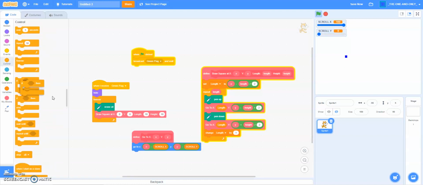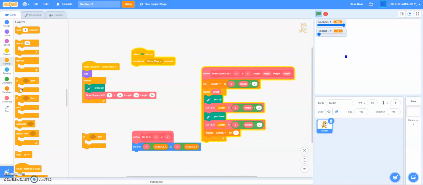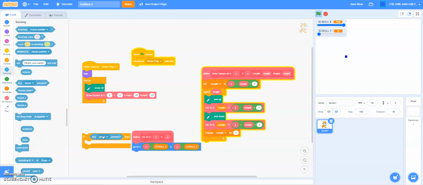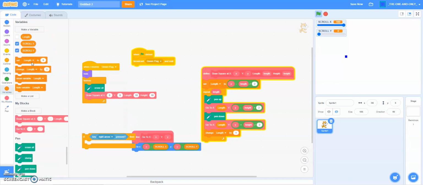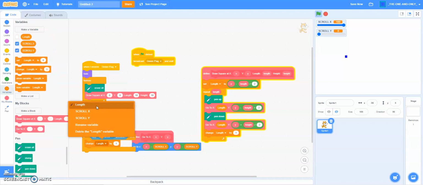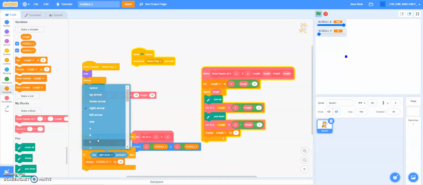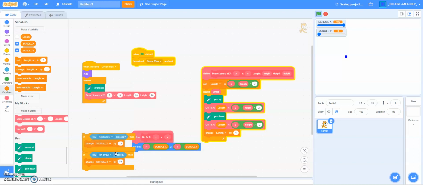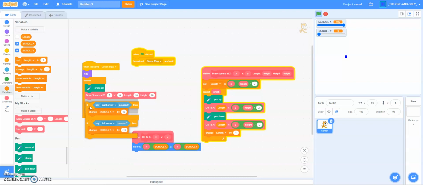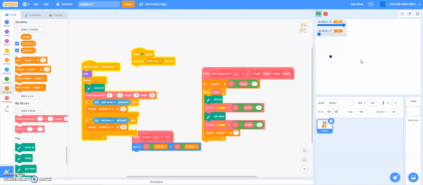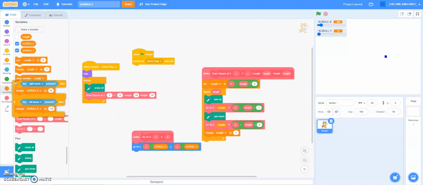So now if you were to put in the motion you had before, key right arrow is pressed, change scroll x by 10, duplicate it, put in if key left arrow pressed, change scroll x by negative 10. If you put those right there, then you can see you can move. So just imagine, I'm moving back and forth, and it looks really good. So I can go ahead and stop the project, and